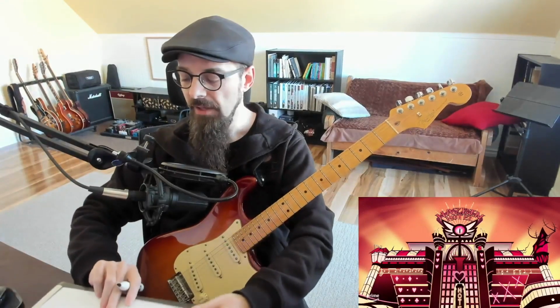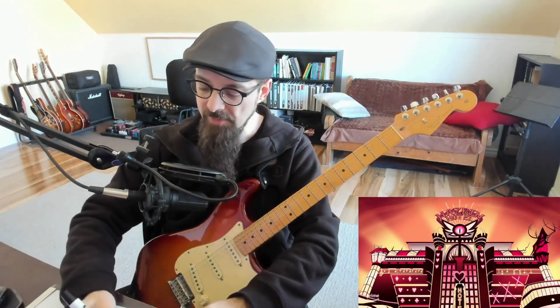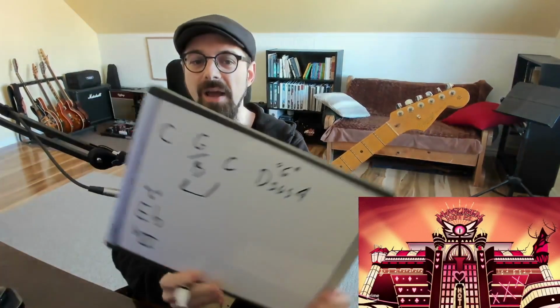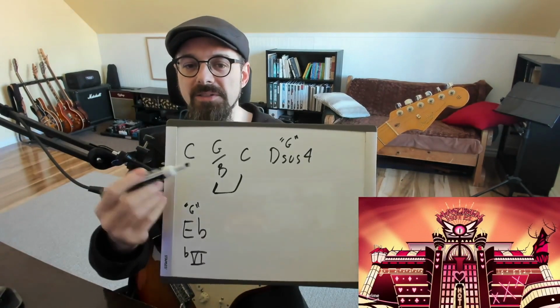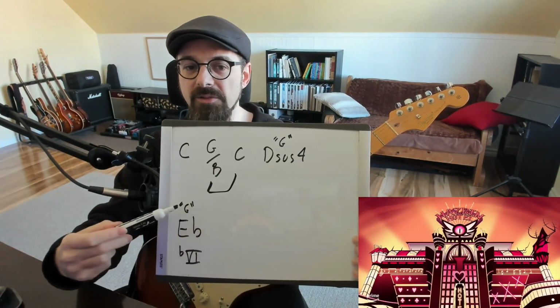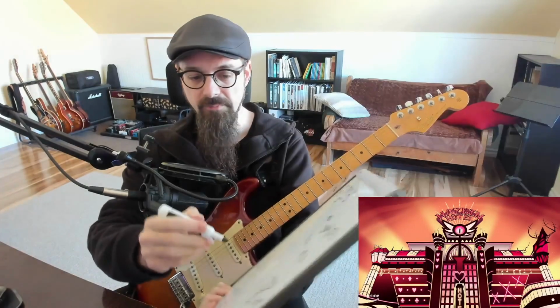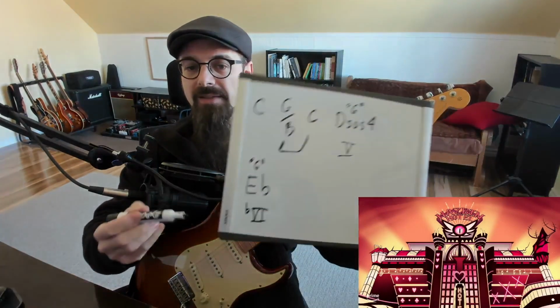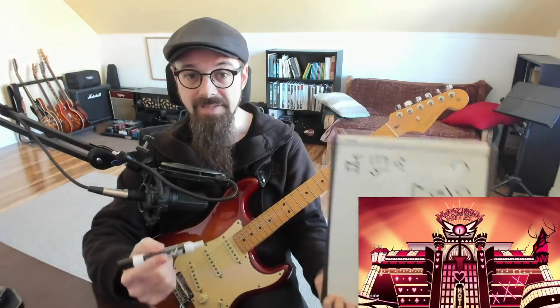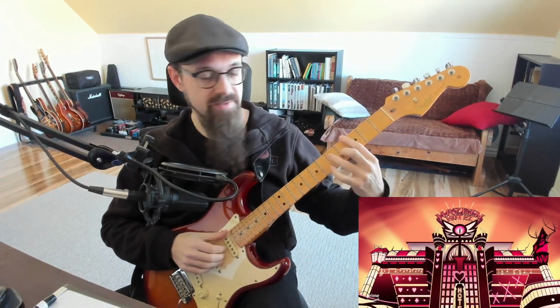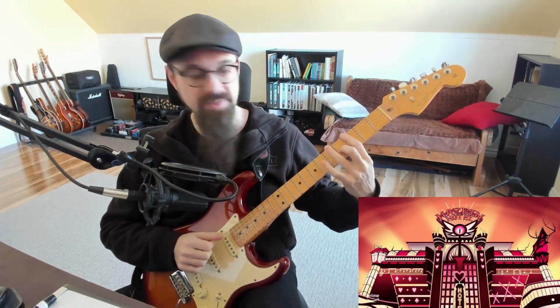Why do they go there? Two reasons. The top note of this E flat, it's the major third of E flat, which is G. So they are holding the G from the D suspended 4 into this E flat. Second, the movement from the fifth chord of the key, the D sus4, to the sixth chord of the key, it's called a deceptive cadence. It's a deceptive resolution: rather than resolving D to G, you're resolving D to E flat.